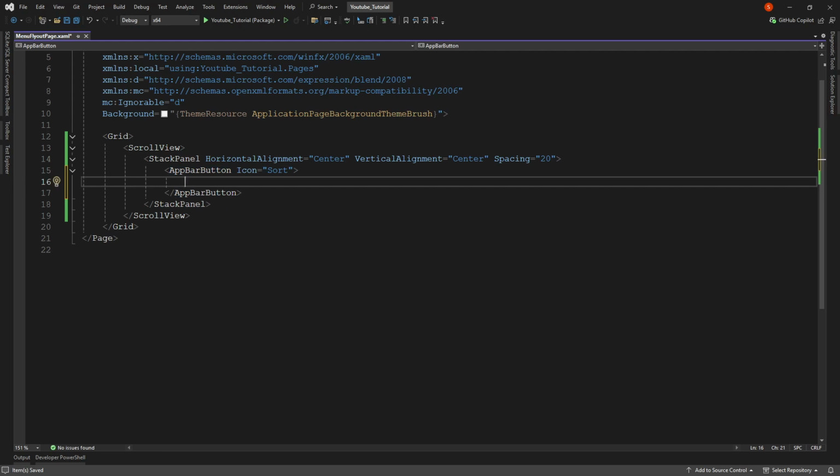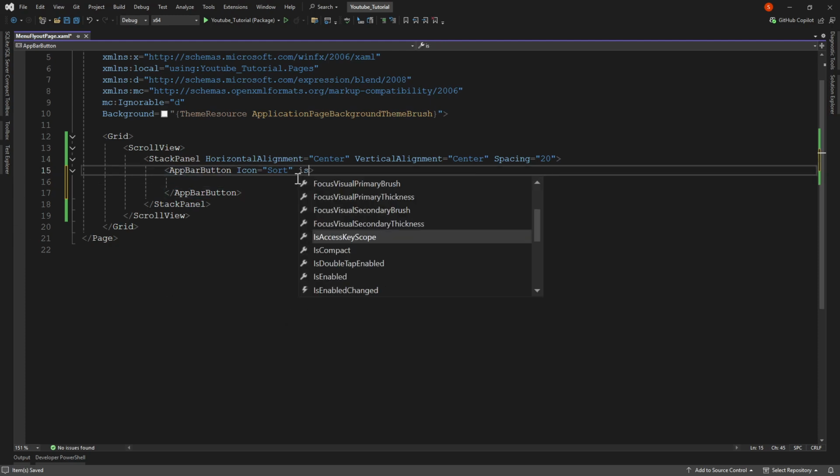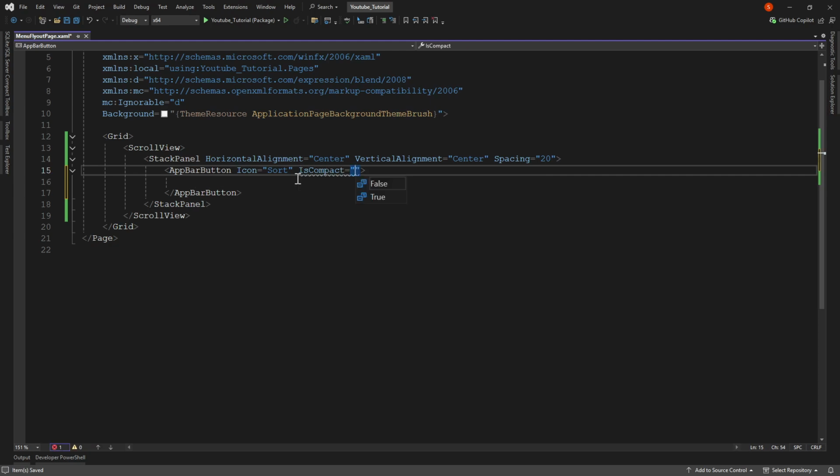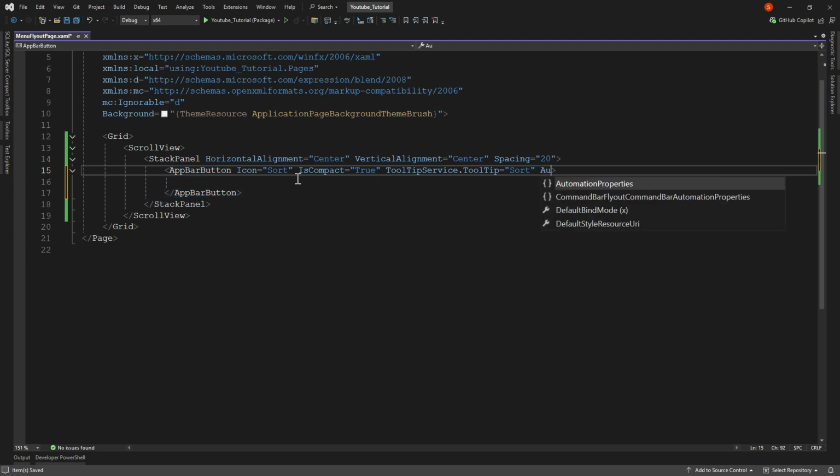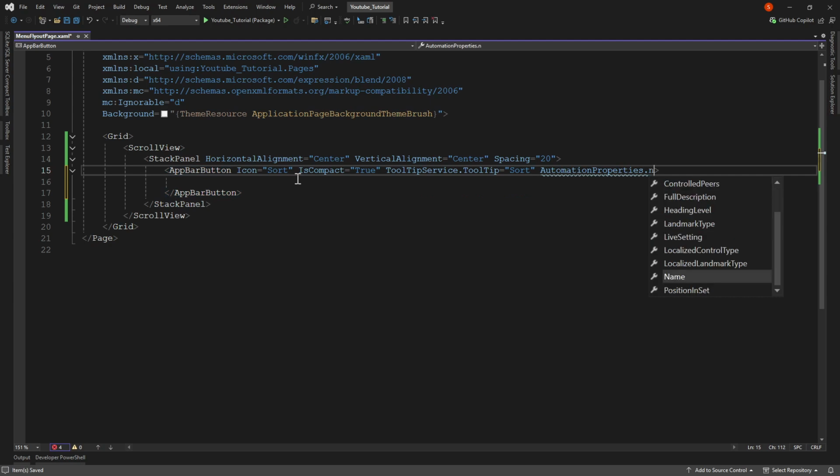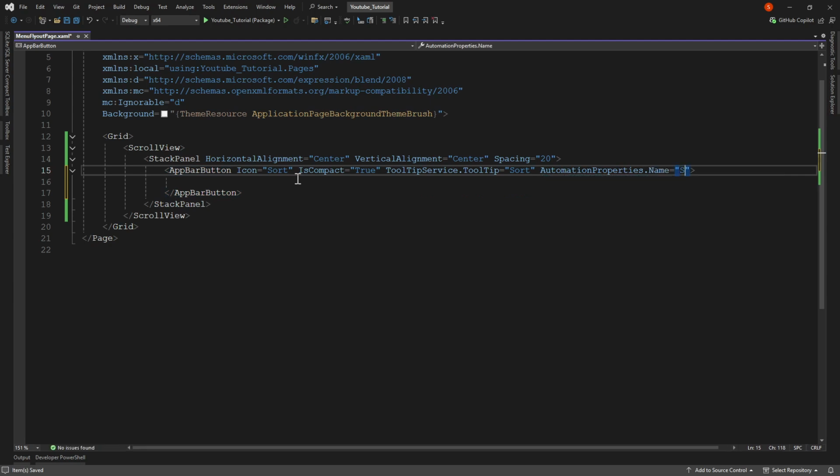And I need some properties like is compact. Is compact true. And tool tip, sort. And auto property name, sort.